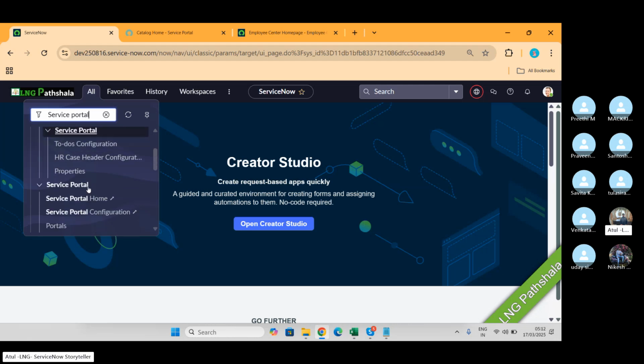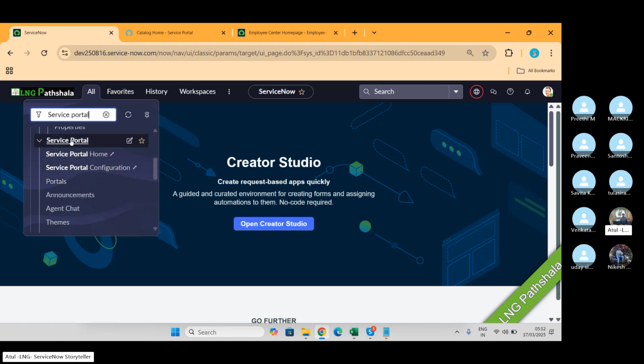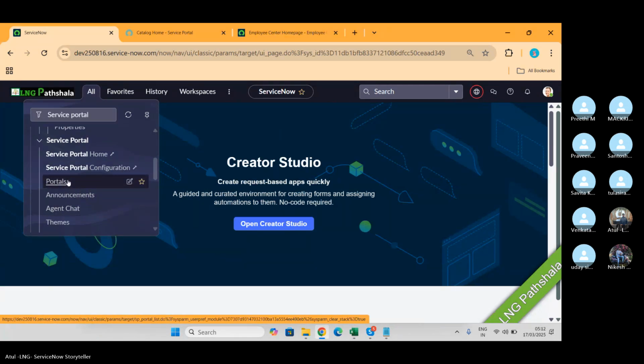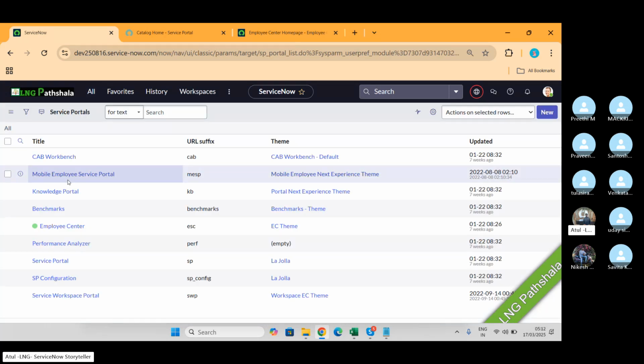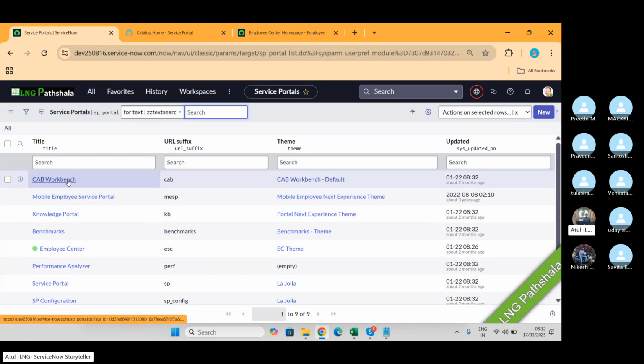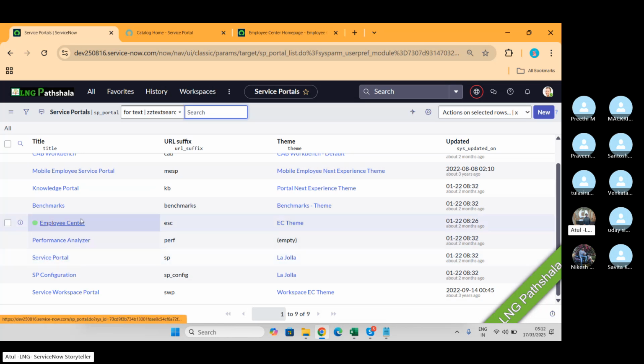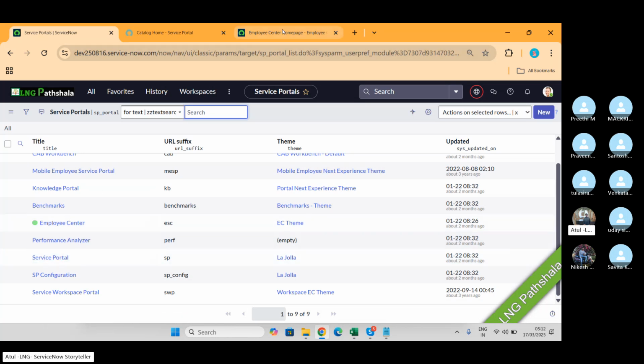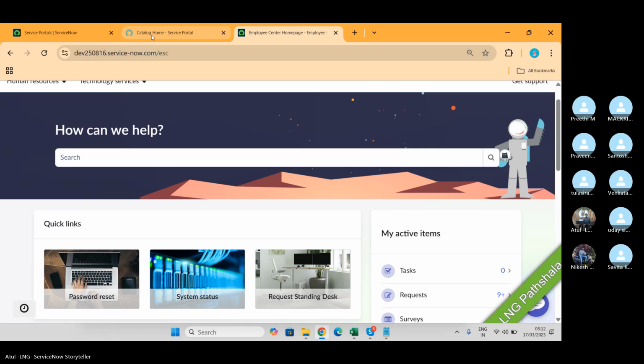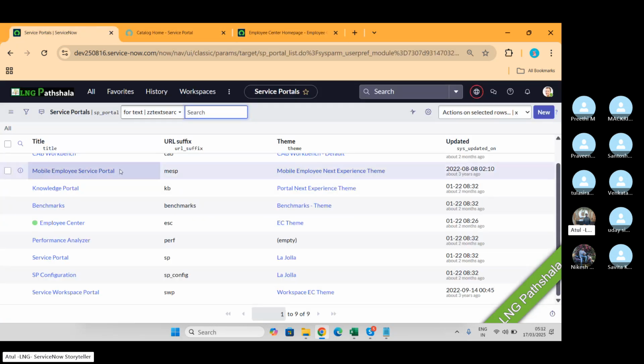And here, service portal, portal configuration, portal home and other things should be there. I'll say portal, go to the portals. And this is our portal, SP. ECS, this one. For now we will discuss the SP only.